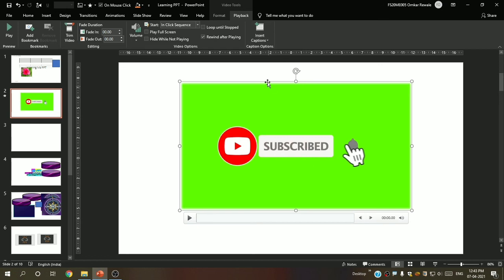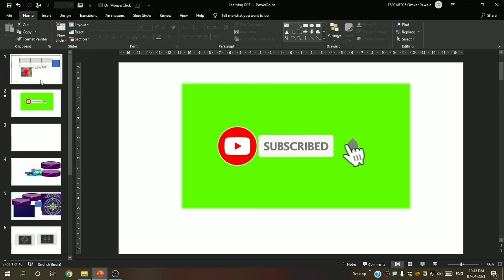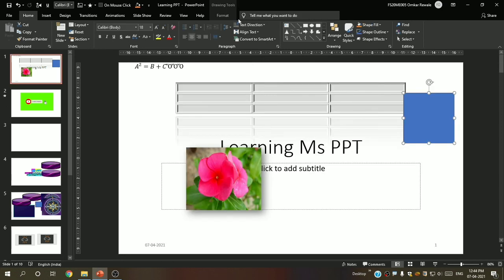So this was all about the video and picture. Now there is again one assignment for you, but not right now. In the next video, something special. Till then, practice on this: how to insert a video, then how to format the picture. Then also for shape, you can go from here and you can customize this shaping tool.